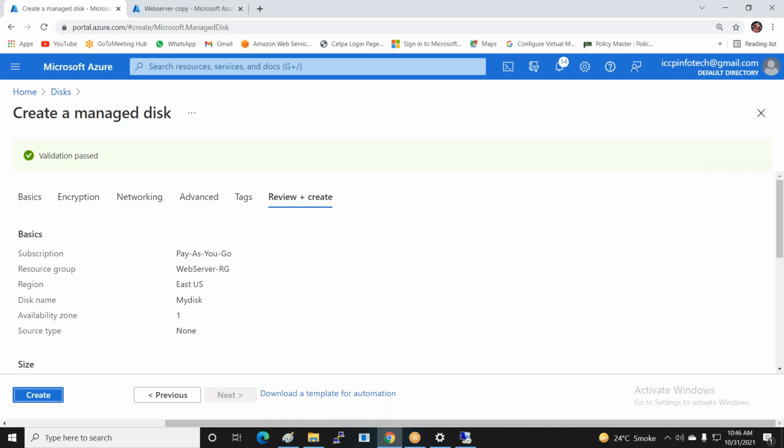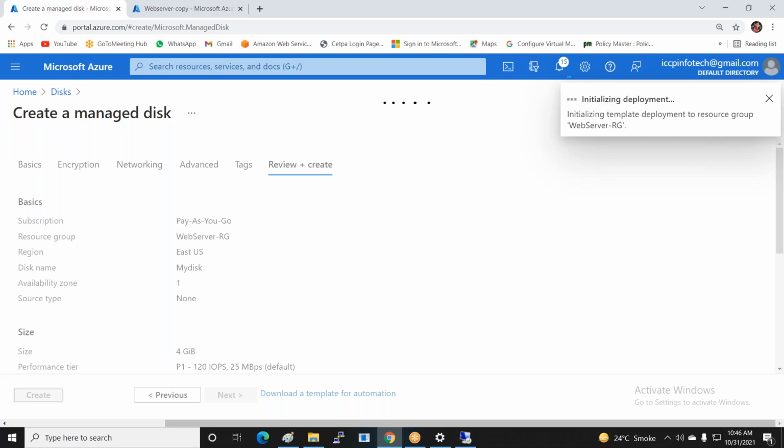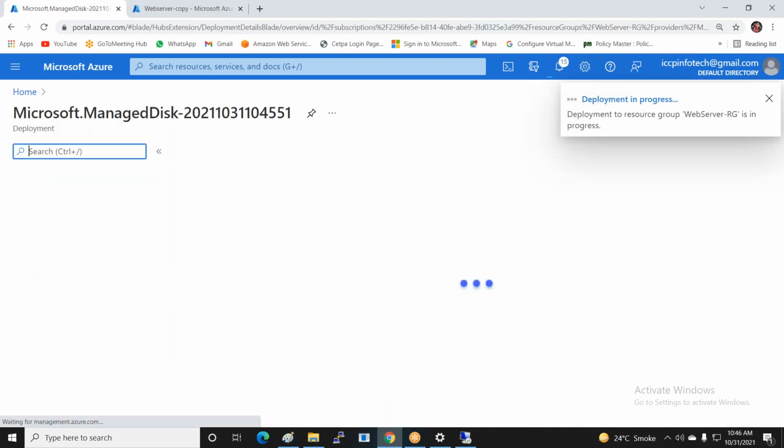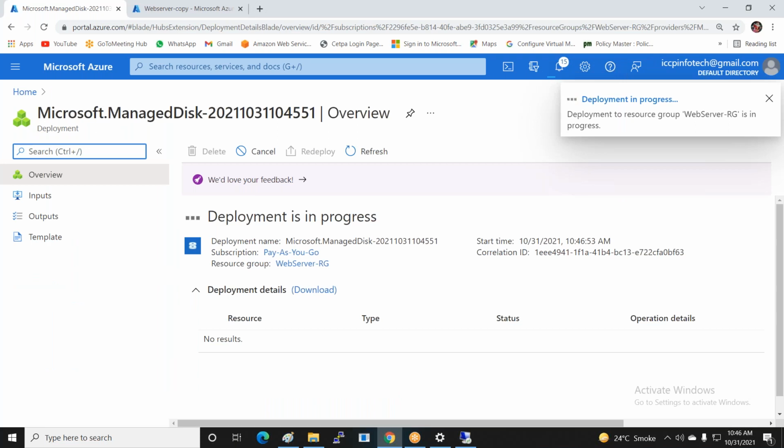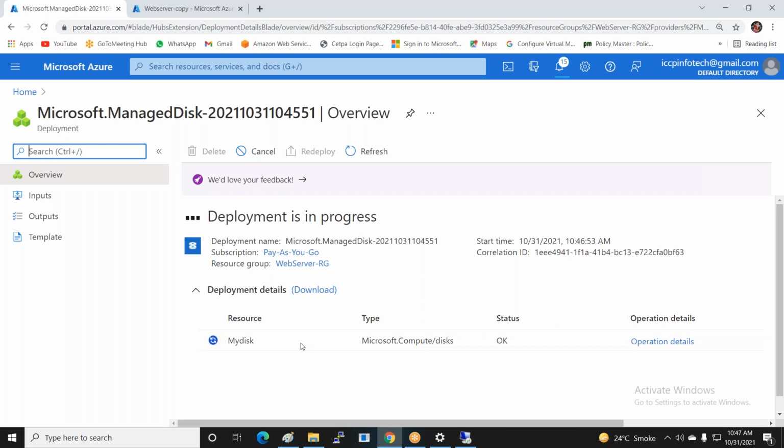Yes. Then how to attach this with the instance, or how to attach this with the virtual machine. So my disk is available, and I go to the virtual machine.